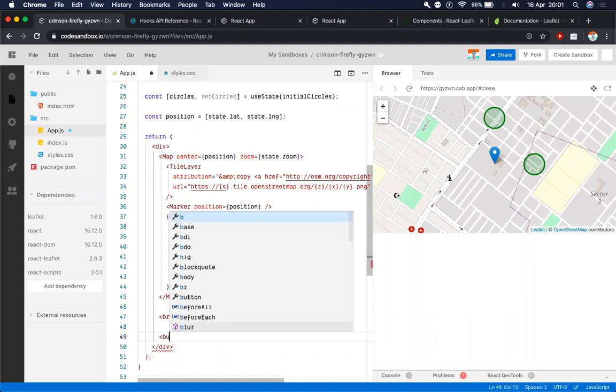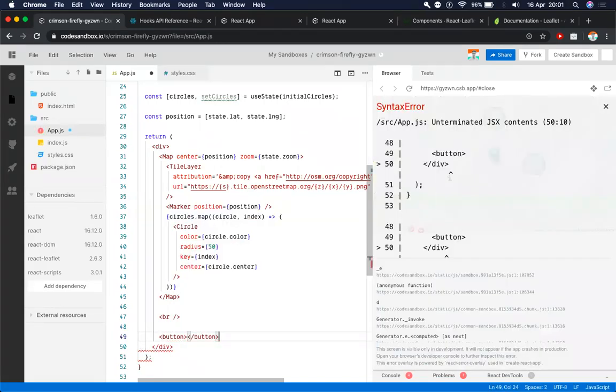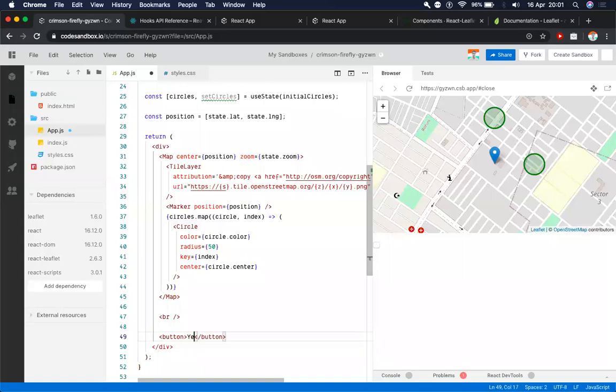I'll add two buttons. Button 1 is named yes answers, and button 2, let's say we call it no answers. So we have two buttons on screen right now.